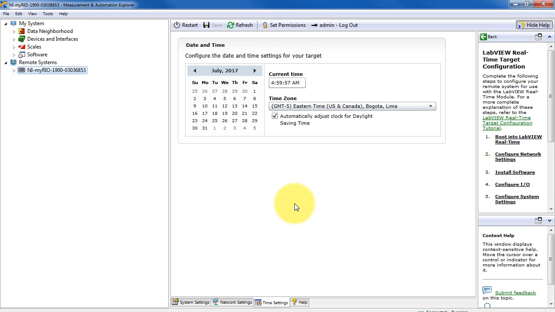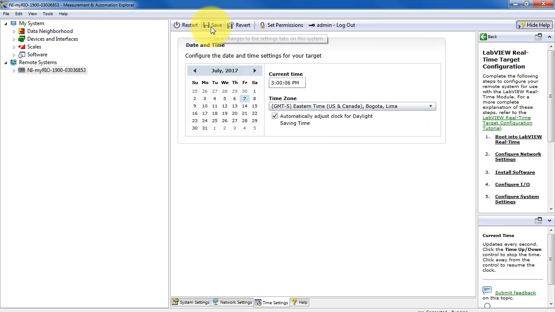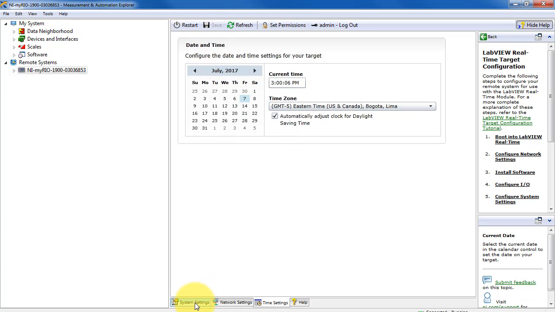All right, I'd like to adjust the date to reflect today's date, which is July 7th, and it's presently 3 p.m. And I'm located in the Eastern time zone, so I'll go ahead and leave that alone. And of course, you can select your particular time zone. Let's go ahead and hit save, and that updates the system time and date as long as the device remains